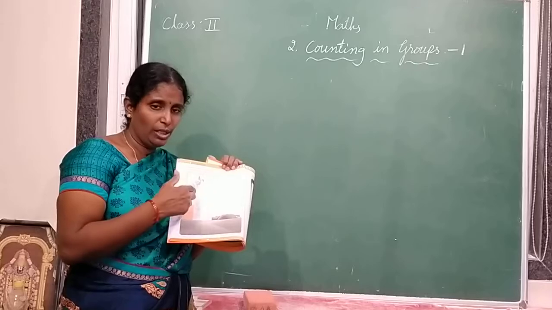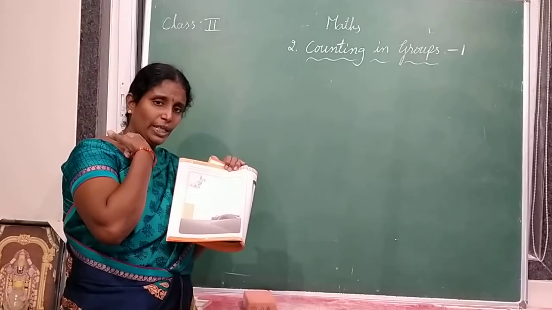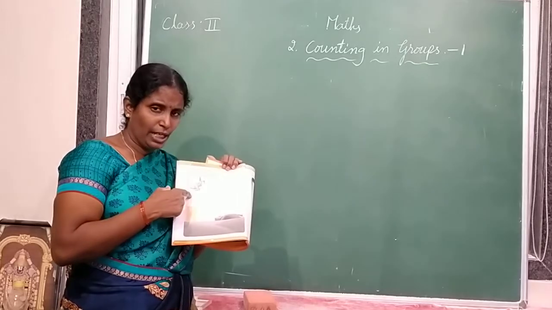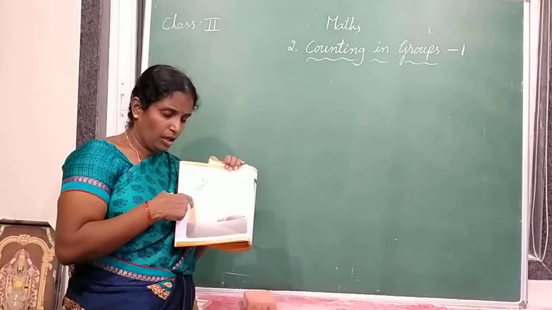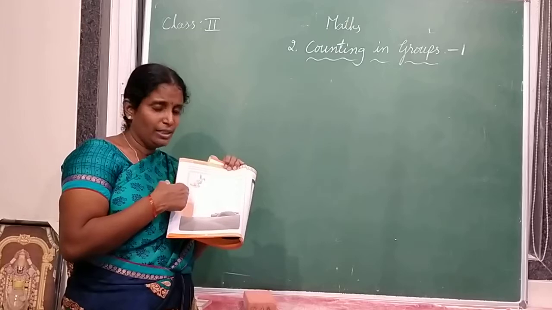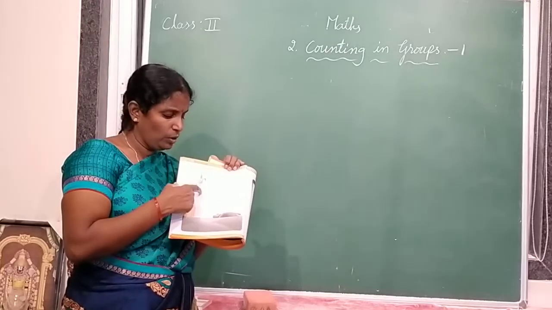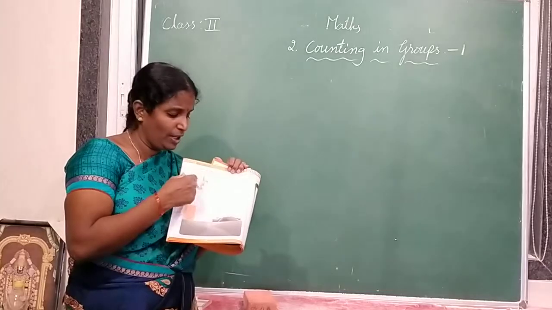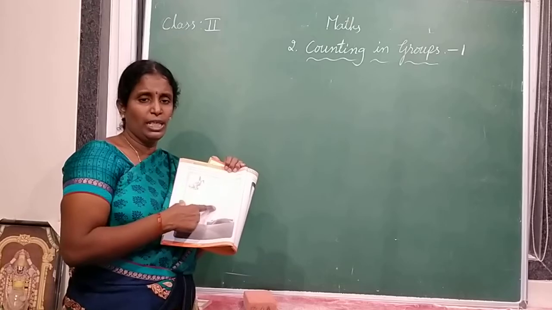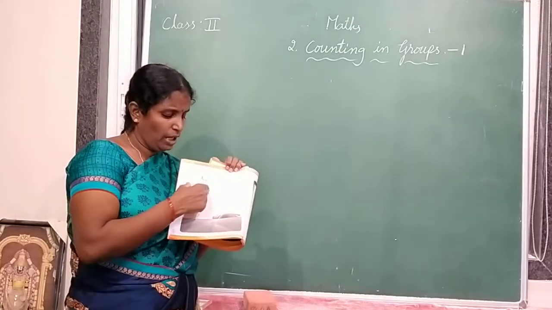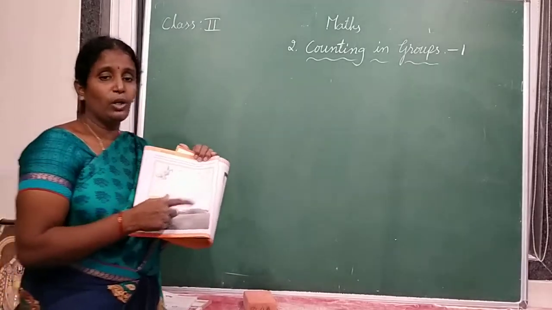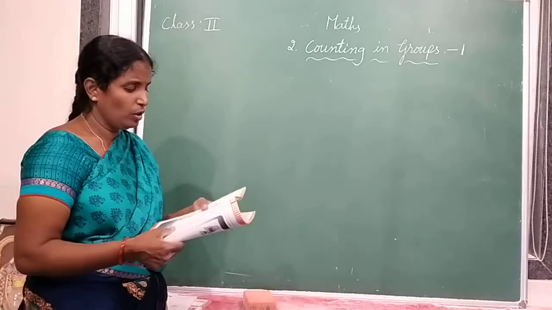So what is the next number in counting in twos? In counting in twos, what is the next number? 4. So 4. After 4 is 6. After 6 is 8. Like that, you have to draw the path from 2 to 50. You have to show the way for the rabbit. Understood? So here a number maze is given, a number table is given. On this number table you have to draw the path to show the burrow to the rabbit.